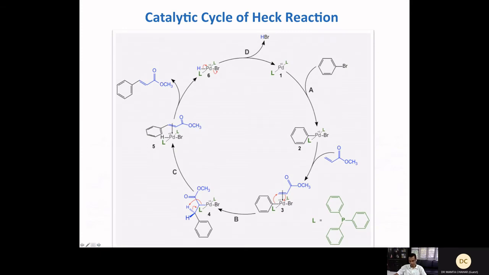The way these reactions work simply is you start with ligand palladium 0. Okay, you start with ligand palladium 0. In the last 5 minutes I was discussing how to generate ligand palladium 0. In a similar way we can generate ligand palladium 0, or any other method of choice can also be used. But this ligand palladium 0 synthesis is quite important. This palladium 0 could be one ligand or two ligand depending on the bulkiness of the ligand. As I was saying, the monoaryl